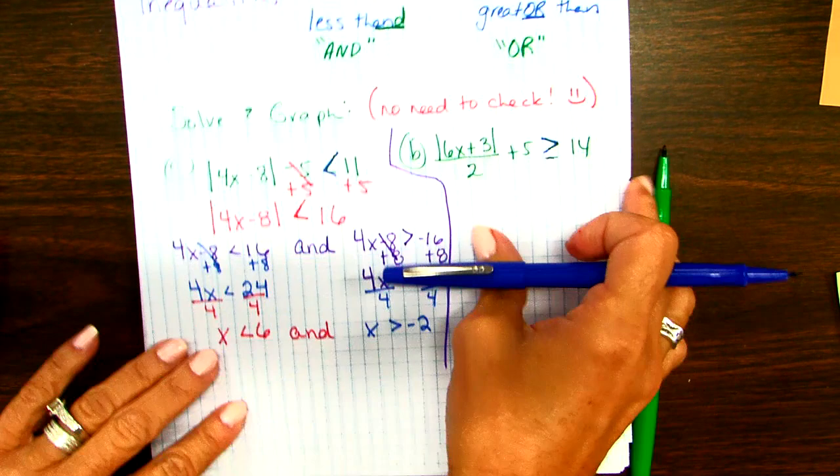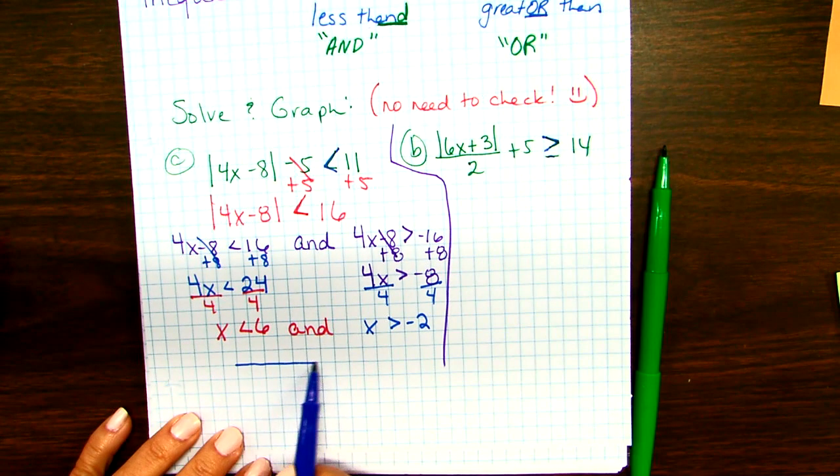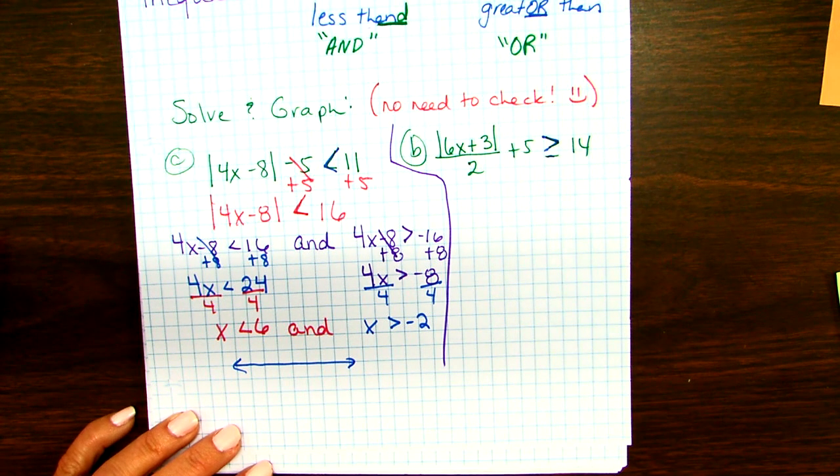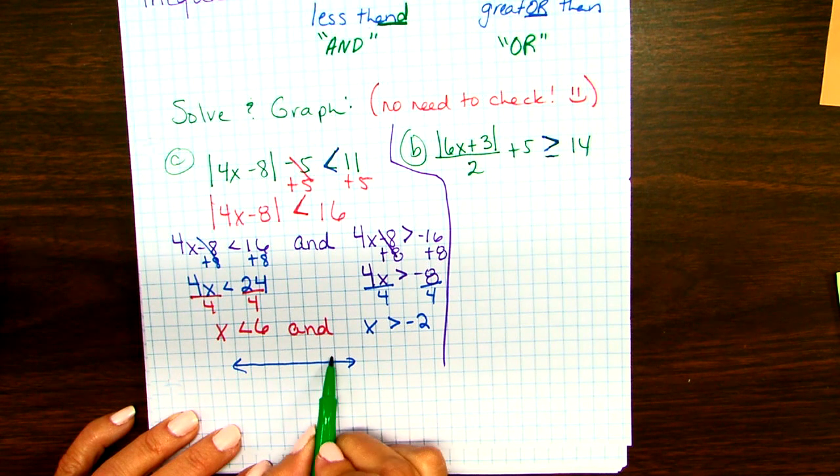Easy graph. Really, really easy graph. You make yourself a nice little number line. It does not have to be perfect. It doesn't have to be spaced out. You don't need to do it on graph paper. When I have you guys make a number line, think about where these numbers would be. 6 would be